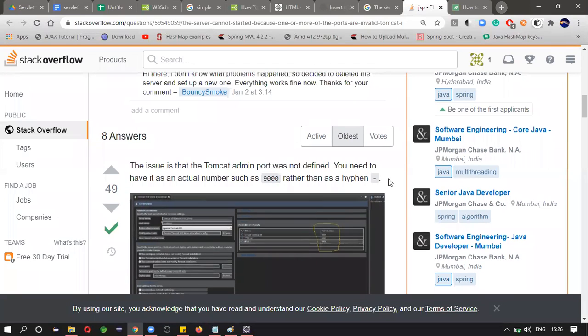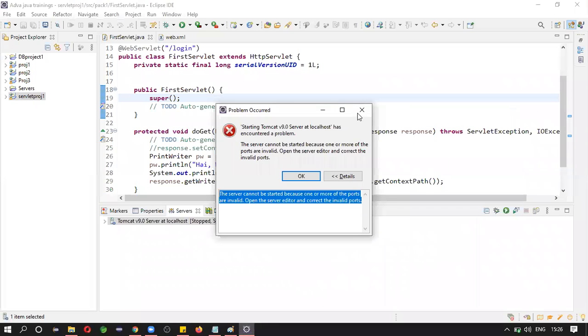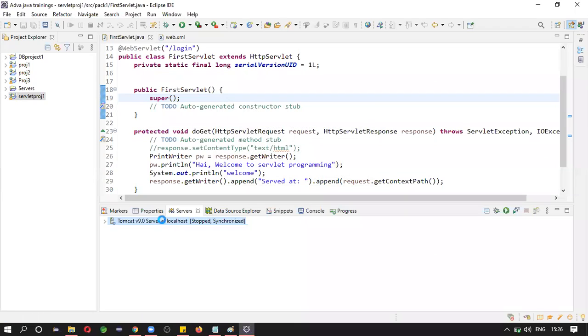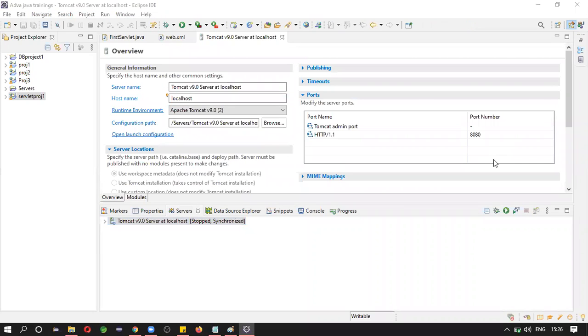See, to some extent we are getting some understanding, right? So let us open this. Here we are seeing hyphen, right? See, port number. So let us change this to 9000, save this, and let's run.